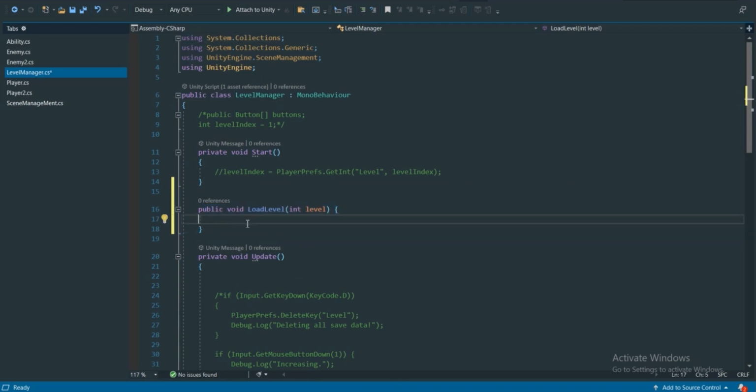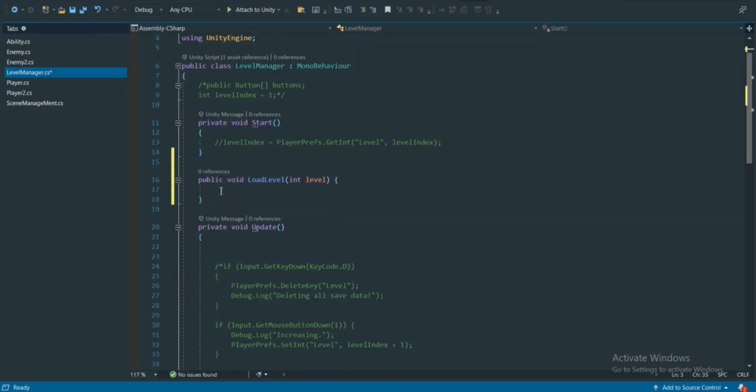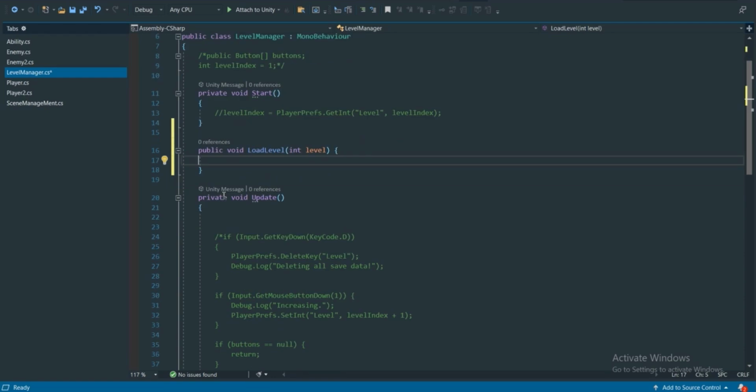Before you use that, you need to include this namespace called using UnityEngine.SceneManagement. Make sure you are using that. And now let's go right over here, and to load a level we need to use this SceneManager.LoadScene